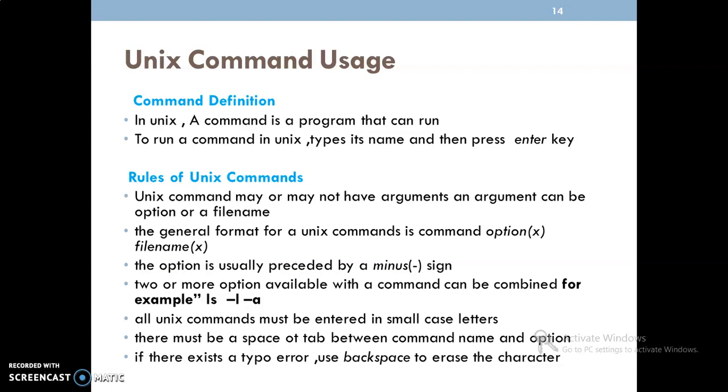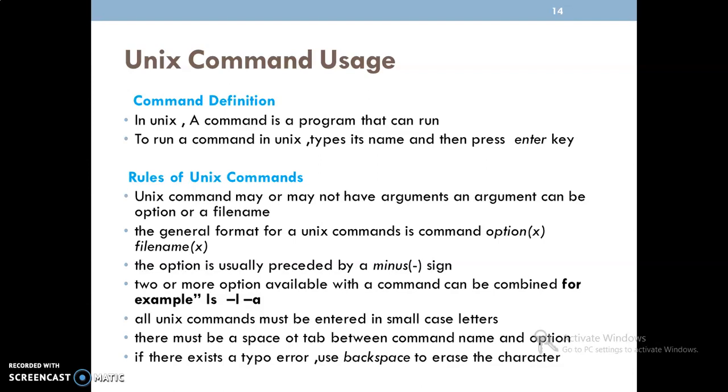That parameter might be an option or it might be a particular file. Options are like what we usually use with the ls command: ls hyphen l, where l stands for long listing.